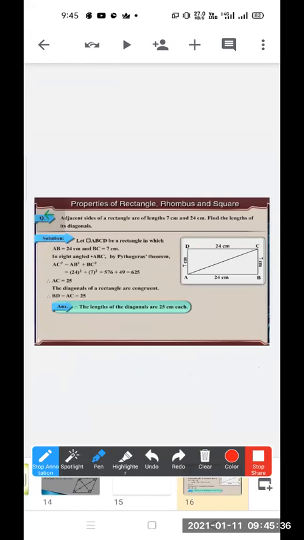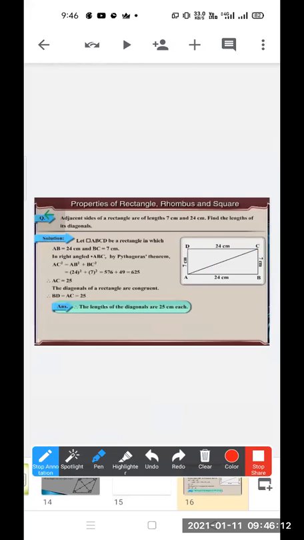Okay, so here in triangle ADC you have to find AC. In a right angle triangle, by applying Pythagoras theorem, AC square is equal to AB square plus BC square. Now AB is given... sorry, we have considered ADC, we will consider ABC. No problem, we can consider this triangle also. So ABC: AB square is 24 square, and BC square is 7 square.